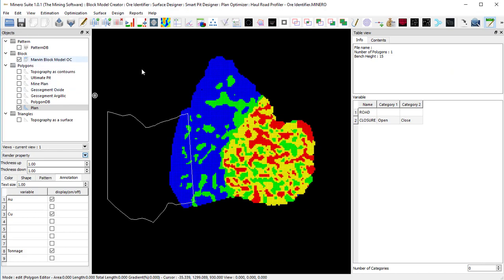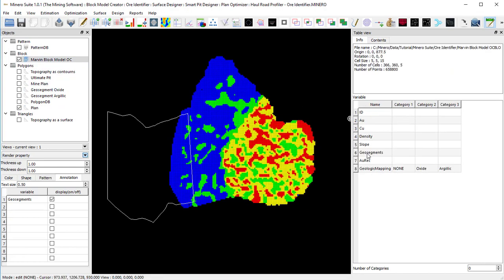Numerical and categorical variables must be created to manage mineral objects.